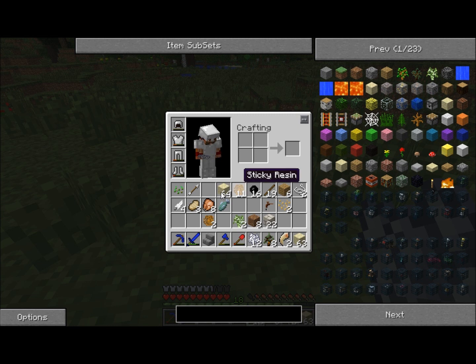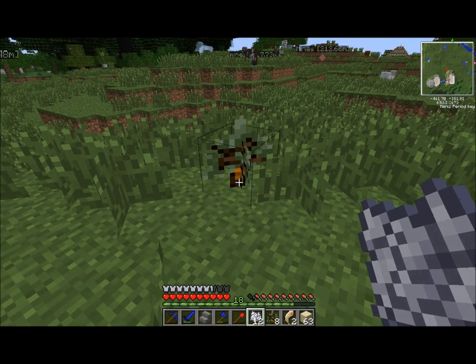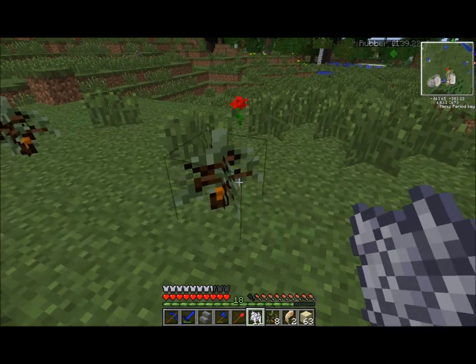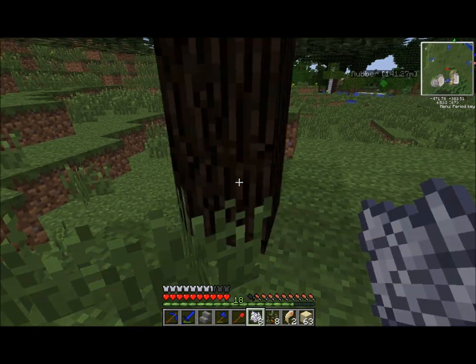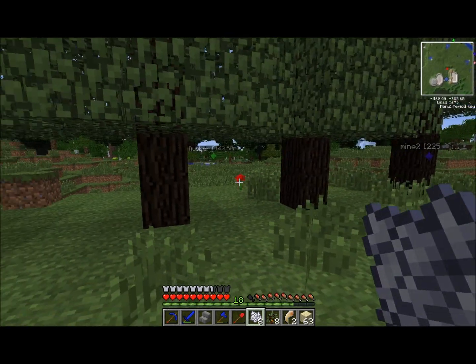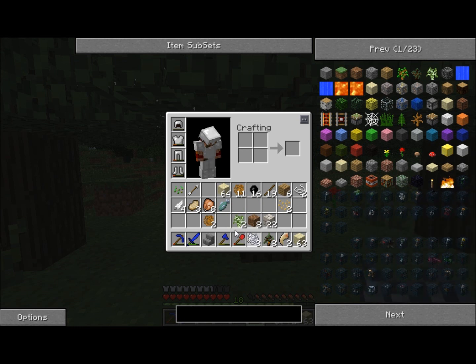So bone meal, you just take a bone, put it in the crafting area, and then it makes bone meal. And then with the bone meal, if you just right click it, bang, you've got a tree. So it's very handy. If you've killed a lot of skeletons, then you'll have an abundance of bone to make bone meal out of. So we take our tree tap,